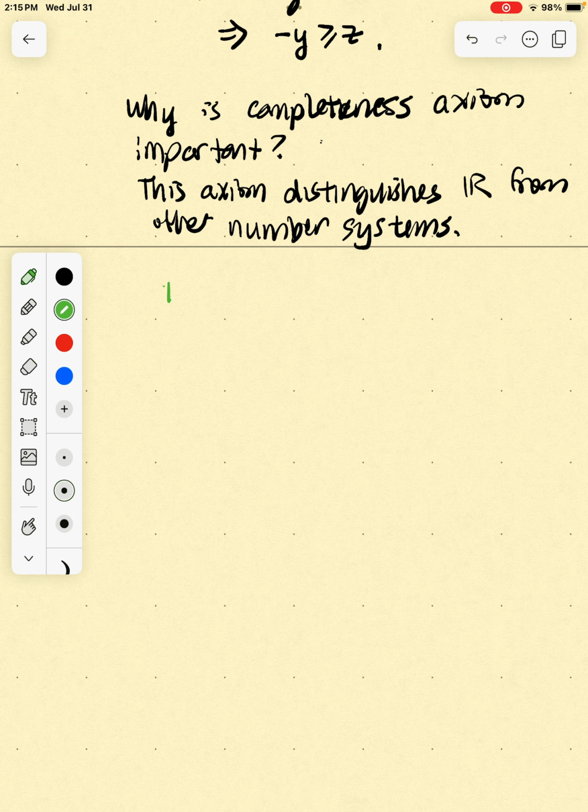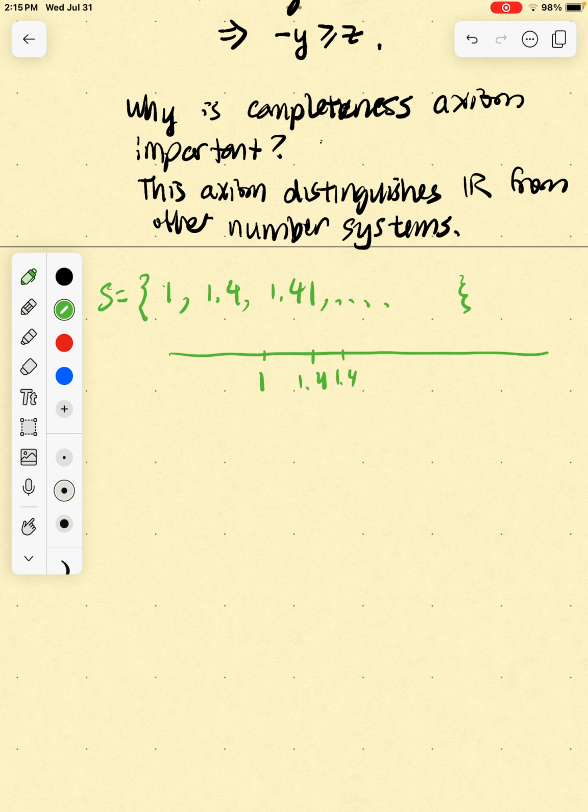So you can take 1, 1.4, 1.41, etc. This set of numbers gets closer and closer to the square root of 2. So what would that look like? Let's say this is S. So here's 1, 1.4, 1.41, etc. And here's the square root of 2, which is not a rational number. Well, this set is a set of rational numbers